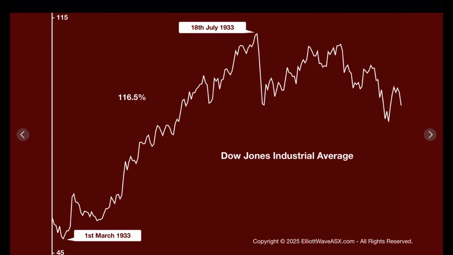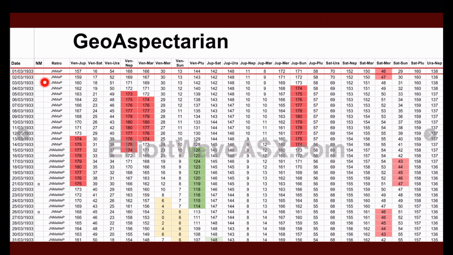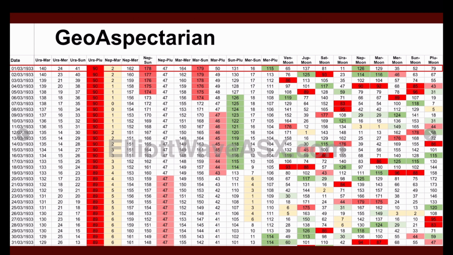Now back to the setup. Looking at the Geo-Aspectarian for the 1st of March 1933, there's no aspects on this page, so if I scroll to the right, we have Uranus Pluto square, Neptune Mars conjunct, Neptune Sun opposite, Mars Sun opposite, Mercury Pluto trine, and Neptune Moon trine. So if we look at a schematic for the aspects,